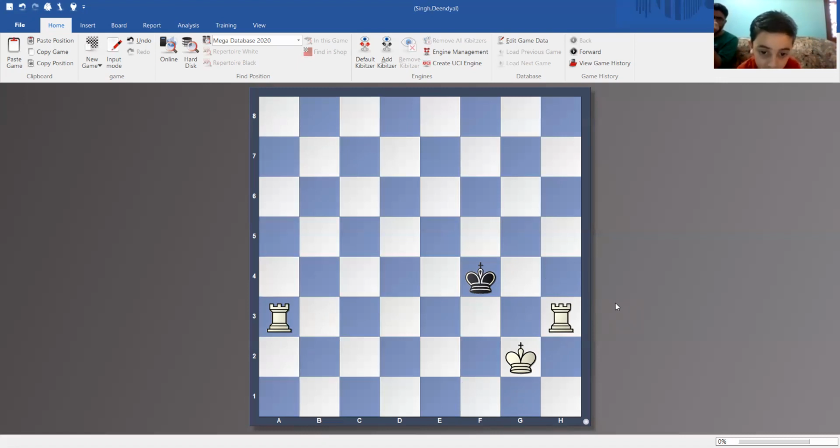A rook to f3. A rook to f3. Okay, I will play king e4. King to e2. f2. Right.